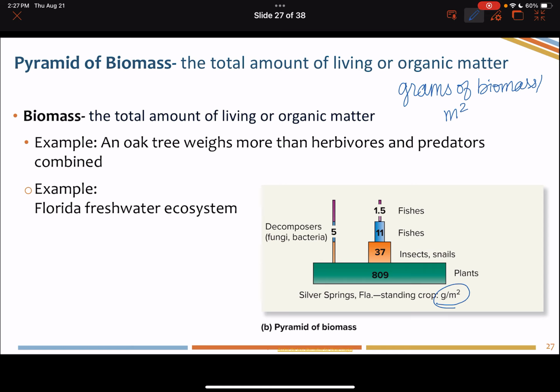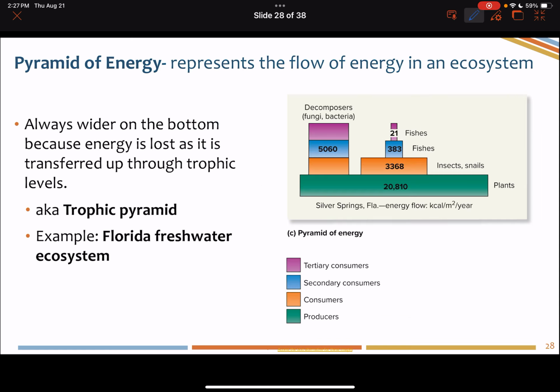So even in a freshwater ecosystem, the plants represent the greatest amount of biomass. In an ecosystem, we also have algae, cyanobacteria, and phytoplankton that are contributing to our primary production level, but they're going to be really tiny. Maybe you might have a lot of algae, but algae are still really small organisms, and so they're not going to contribute much to the waste, but they may contribute and will contribute to a pyramid of energy and energy